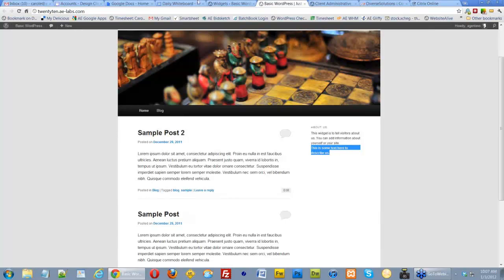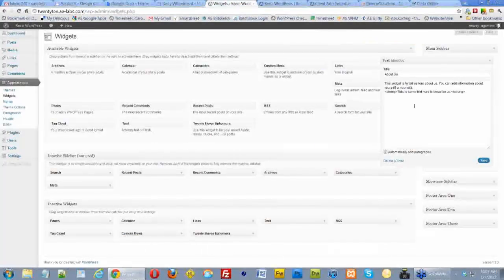Now the second HTML tag I want to show you that you probably want to use is the center tag. And this allows you to center text or any other item you put into a text widget. So say we want this text centered. I'm going to put another tag in there. Just put center. And I'm going to put the closing tag